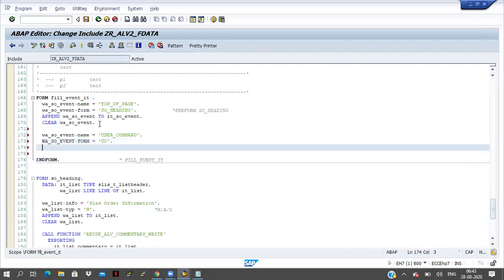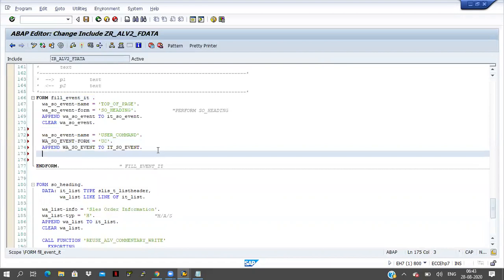After that, append work area SO event to IT event. After that I will clear the work area. After the append statement, you have to clear the work areas. Whichever work areas are participating to fill this internal table, all those work areas we have to clear.